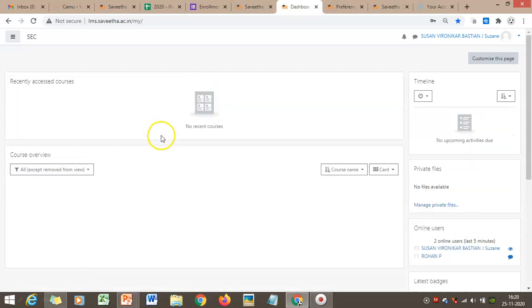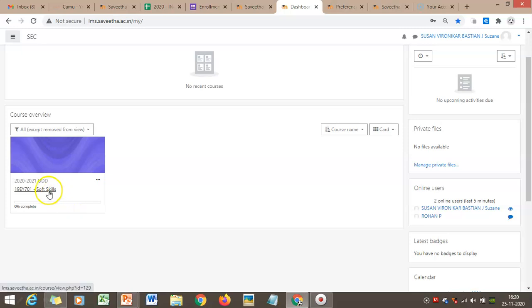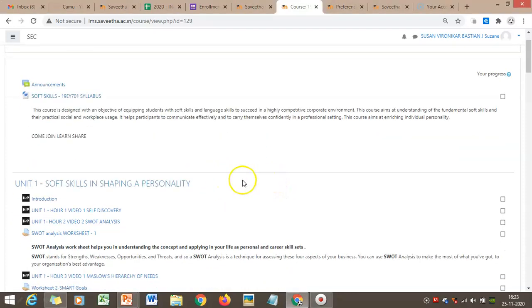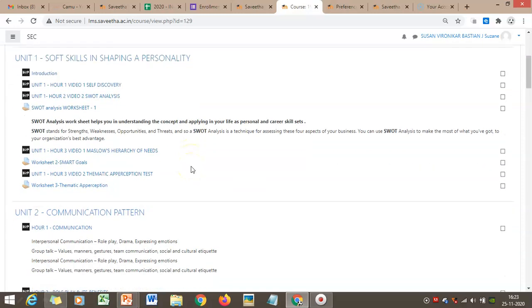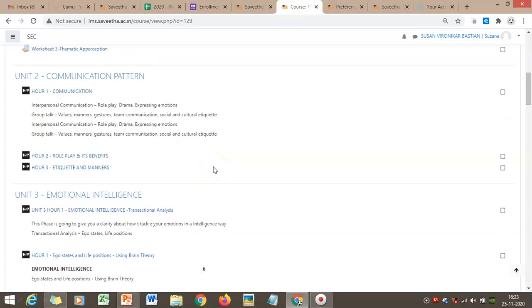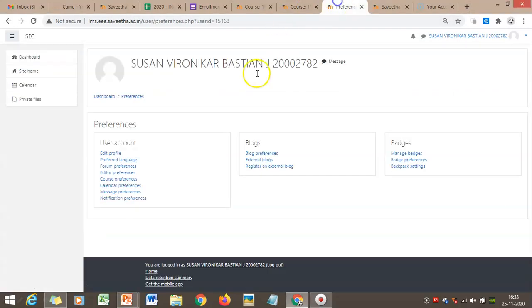Once I get into the dashboard, after clearing the profile, I'll get the course here. See, the Soft Skill course is listed here. Clicking on Soft Skill, you can see the contents in the form of videos and documents, shown unit wise or topic wise. Also, any unit wise test will be shown here. The students have to submit their soft copies of their assignments or test papers by clicking the respective test name. Also, when students click the notes, they will be automatically downloaded to the device.